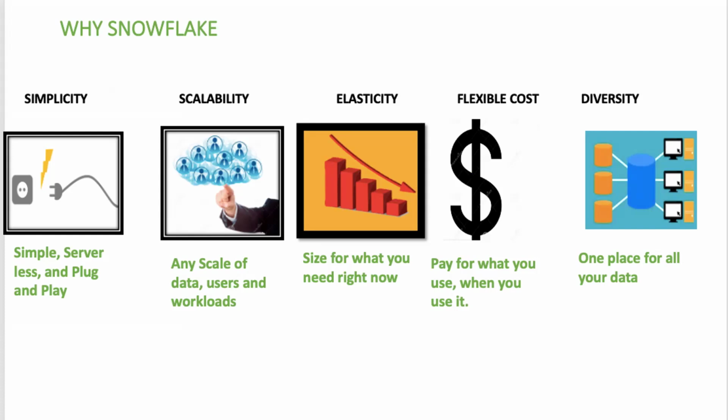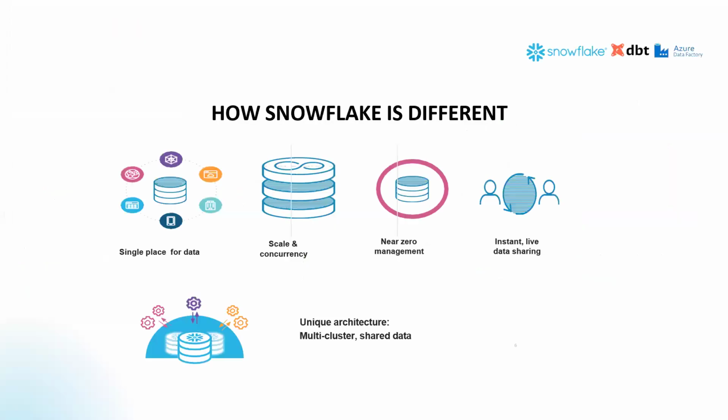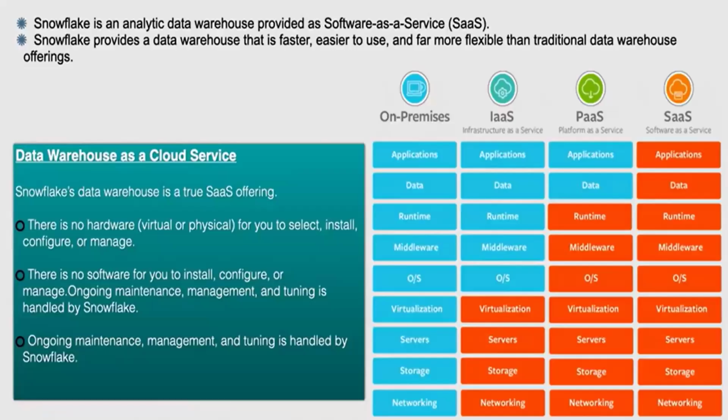And finally, a single location for storing your data and accessing it from multiple devices. Multiple regions and multiple people can access the data from different locations by centralizing it in one particular place. We can consider Snowflake a data warehouse as a cloud. You might have seen storage as a service like S3, Google Drive, OneDrive. You might have seen email as a service, Gmail and Outlook. You may also have seen database as a service